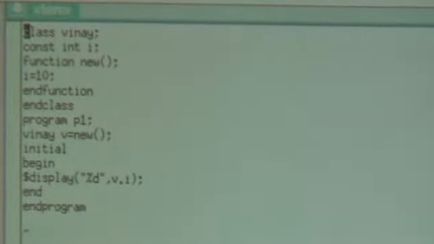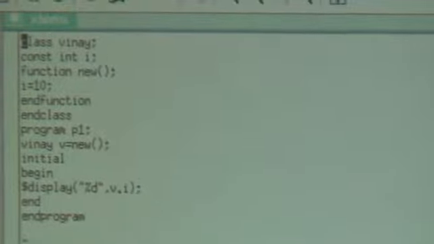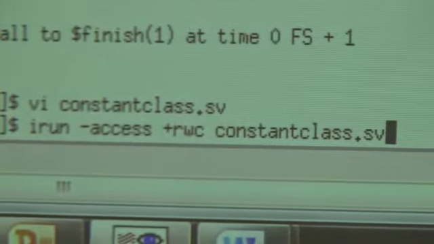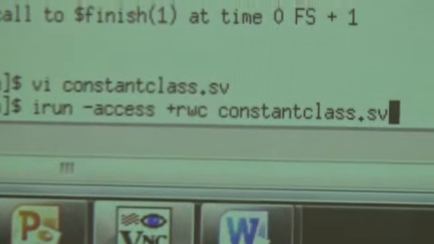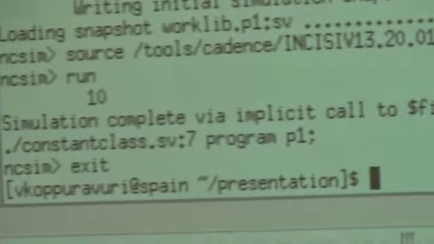This is the same program that I have explained to you, and I was saving it in my vi editor, and I am compiling it. I am just seeing the output now. It is an example for the instance constant. Now we will see its output. We are saving using the command :wq!, and we will execute in the Cadence tool. This is the command for running my code in Cadence. I run -access +rwc constant_class.sv. Now I was just running it, and I have got the value of 10.